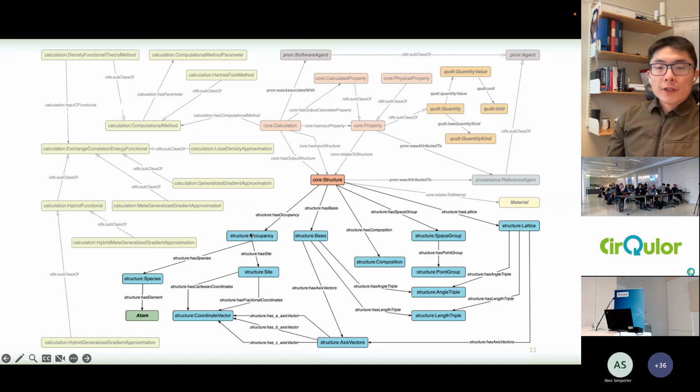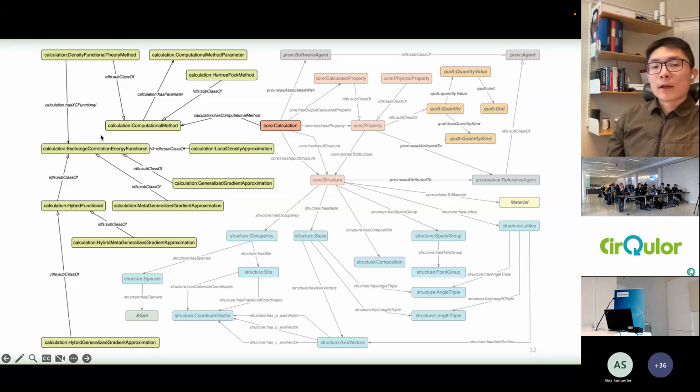Then we have the structure module, where we modeled some concepts and relationships to represent domain knowledge relevant to structural information of materials. In the calculation module, we modeled several computational method related concepts and some key concepts relevant to one of the main computational methods, the density functional theory method.